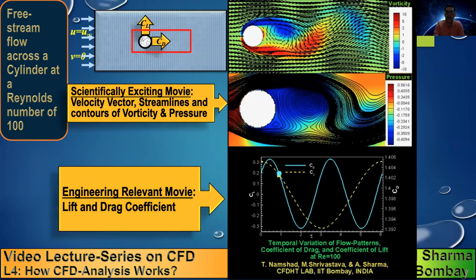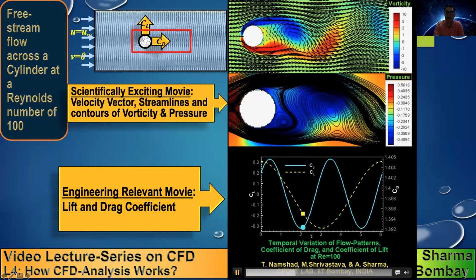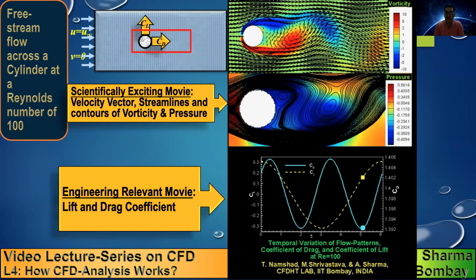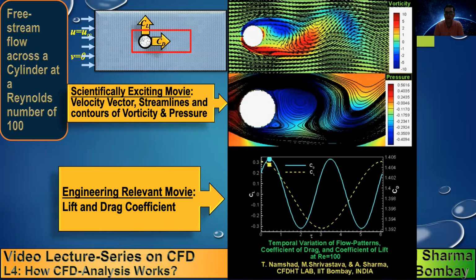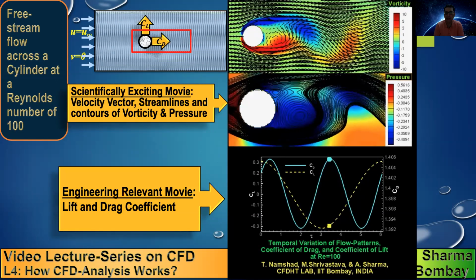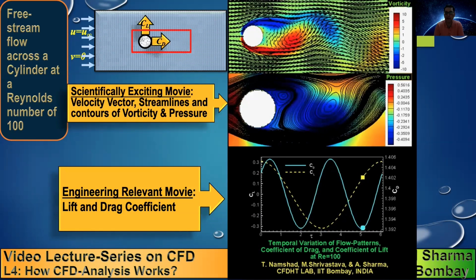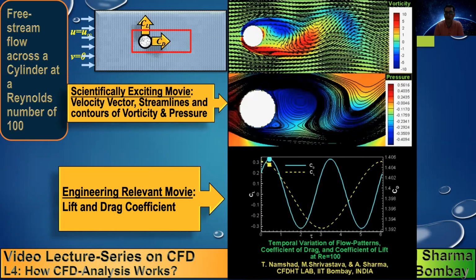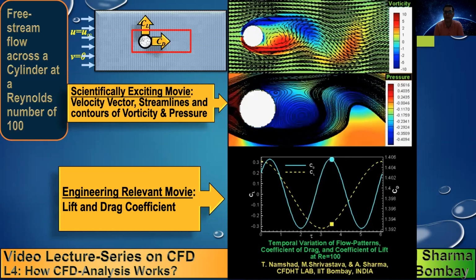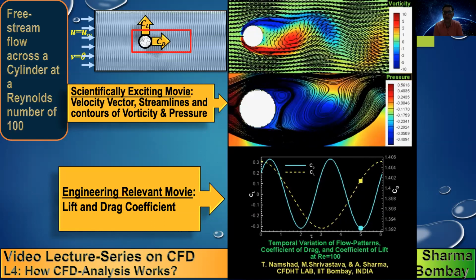You can see that there is a vortex formation and it forms alternatively. Now the vortex is forming on the bottom half. It's growing, and then alternatively, now the vortex is forming on the top half. Now it is forming on the bottom half. Then it is again forming on the top half. Alternatively, a vortex is formed, it grows in size and then detaches from the rear surface of the cylinder. This is called vortex shedding.